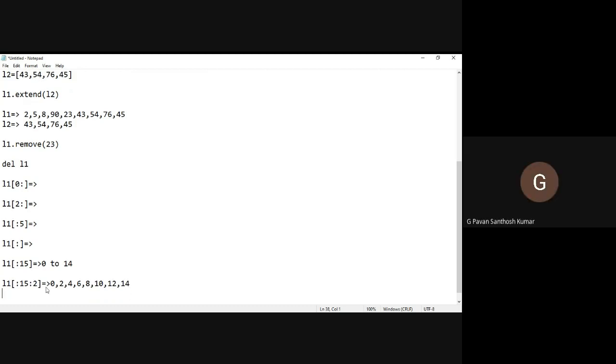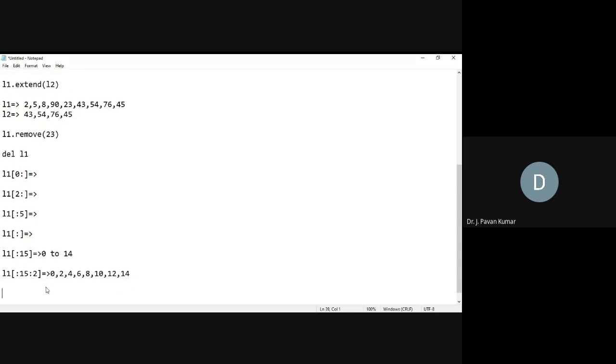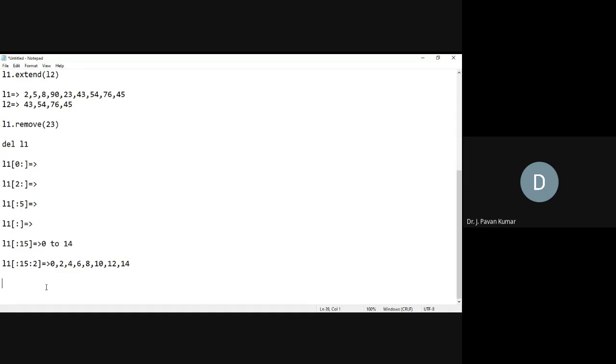So like this, we can use this one. Now, another thing in continuation to this: if this is allowed, then you check this one. L1 of colon, then second colon, then you give 2. Now you can guess the solution. What can be the solution? Sir, again, it'll leave every alternate element.